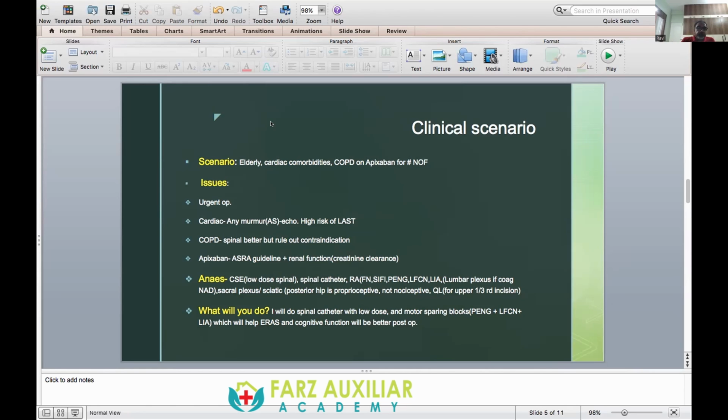Then these are the neuraxial techniques. So always classify or you die. Classify means you are telling what technique of anesthesia you will give. I will always go for neuraxial and regional combined. For neuraxial, you can do a CSE or a spinal catheter. Regional anesthesia, you